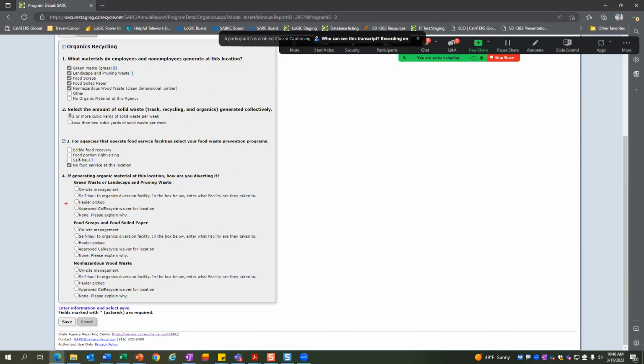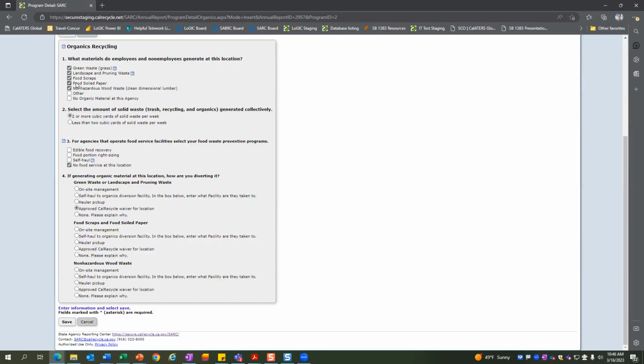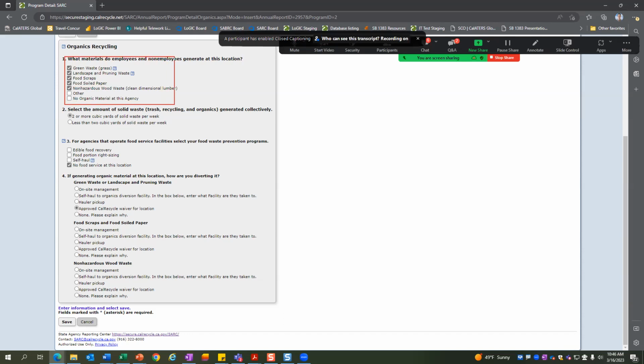And so here, we added this, depending on which materials you pick. If you do have an approved waiver, you can just select this option here. So you are saying still that you generate these materials. But if you have an approved waiver, and we'll just use the reason of de minimis, so you don't produce enough of that waste, again, I'm going to refer you to the waiver webinar or send an email to SARC, and we can go over the details of what de minimis means if you need an explanation of that. Really want to focus on the report itself today.